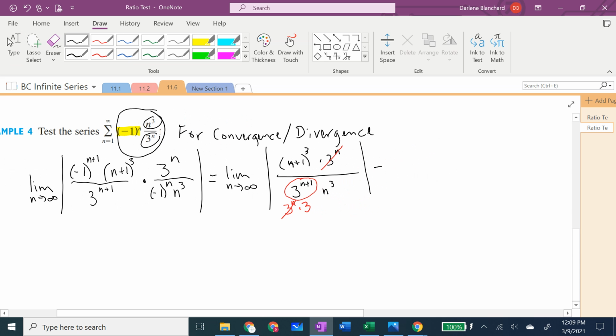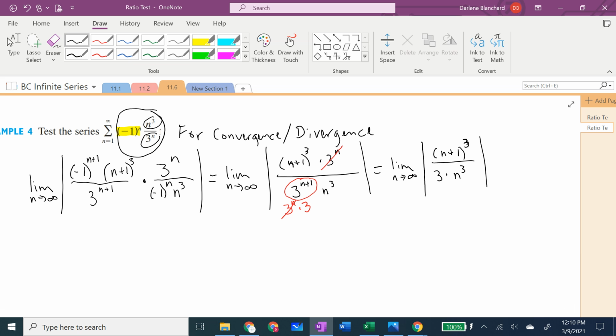You don't have to rewrite as profusely as I'm doing right here. I'm doing this to make sure you're very clear on what is happening. So now,